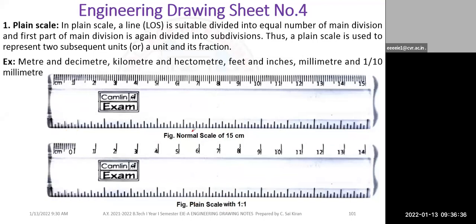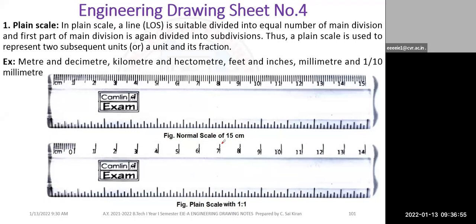So that is the main difference between a normal scale and a plane scale. In the normal scale, if I want to make 7.7, then I have to divide 7 and 8 into 10 equal divisions. It is a repeating process. Engineers don't do repeating process. So that's the reason we create a plane scale such a way that the first division we make 10 divisions.